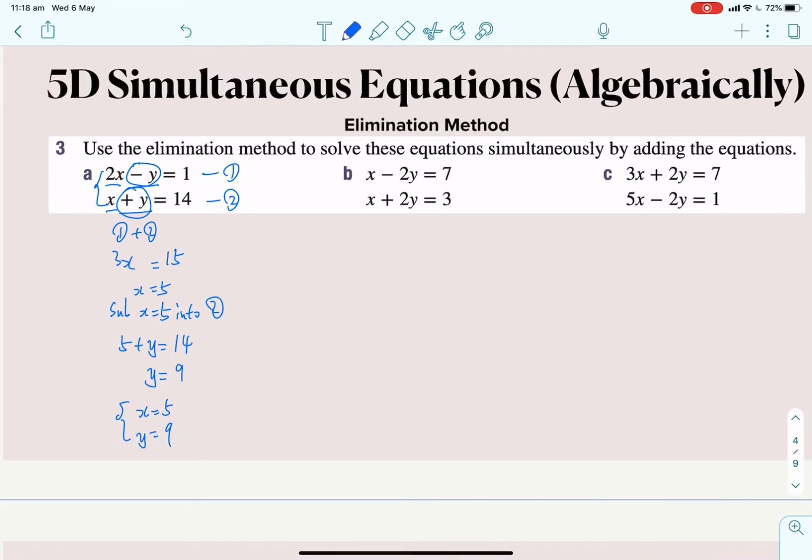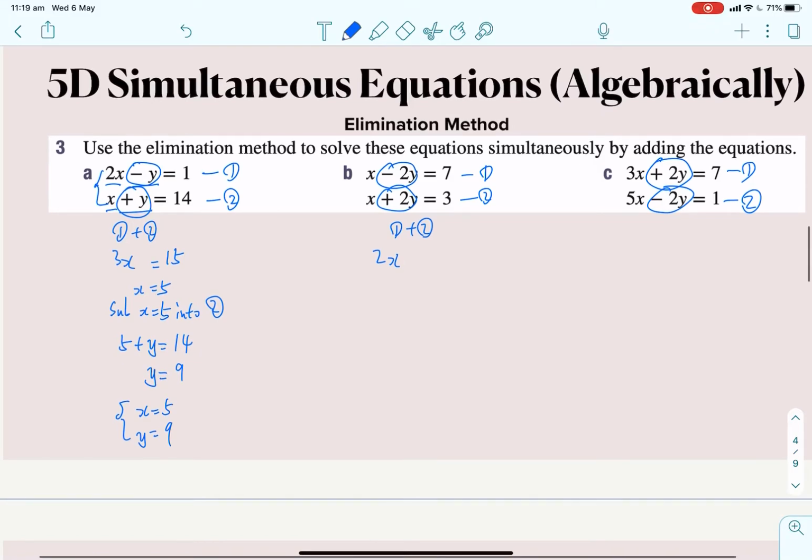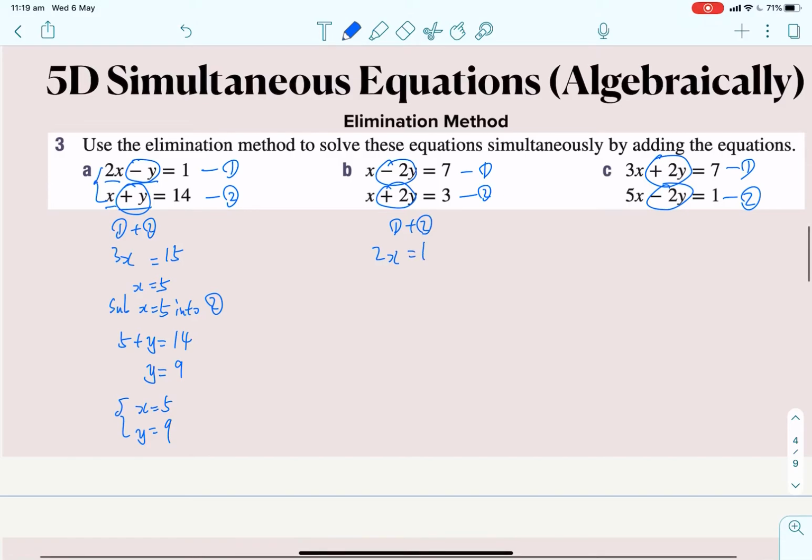It should be quite simple because we got negative and negative. Yeah, you just add them together. Once you're done, you can check my answer, okay? So it would be 1 plus 2, you got 2x. Oh, you can also minus here, but I just want to eliminate the bigger ones, so the numbers will be smaller later. So x plus x is 2x, these two cancel out, 7 plus 3 is 10, so 2 times 5 is 10, yeah? So we got that, and then we substitute x equals 5 into, doesn't really matter which one,